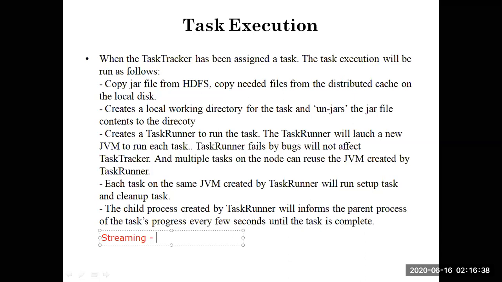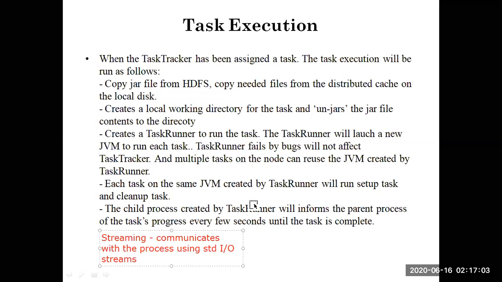See, streaming the task. The streaming task communicates with the process using standard input output streams.